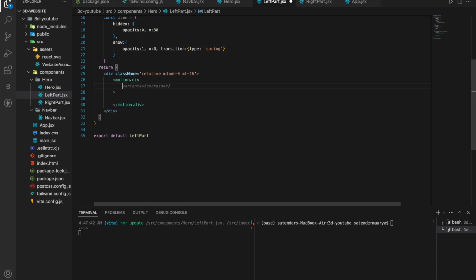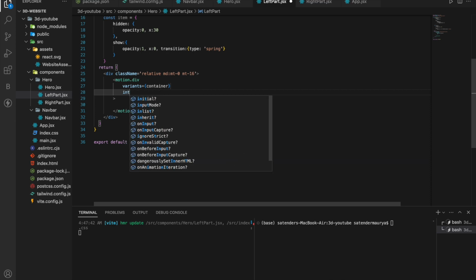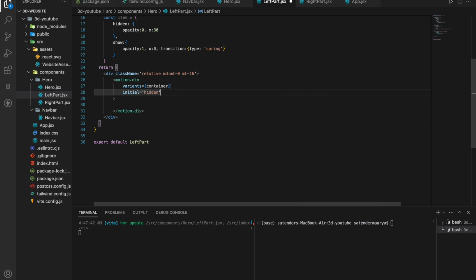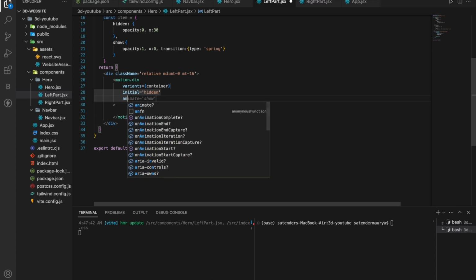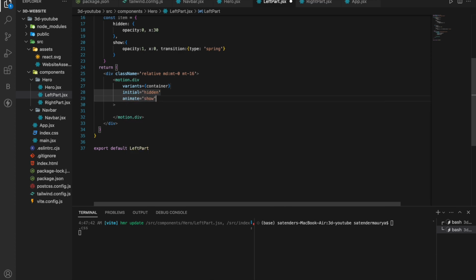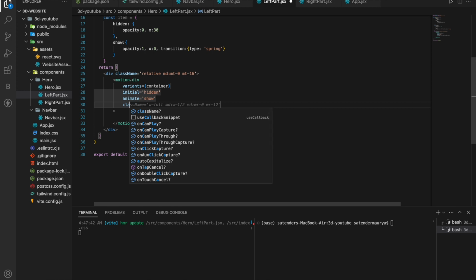So first variants will be the container, and then initial will be hidden, and animate will be show, and give us a class name of,